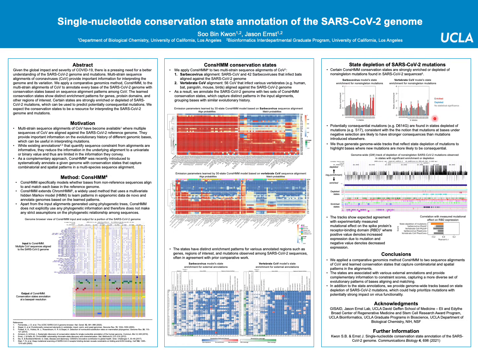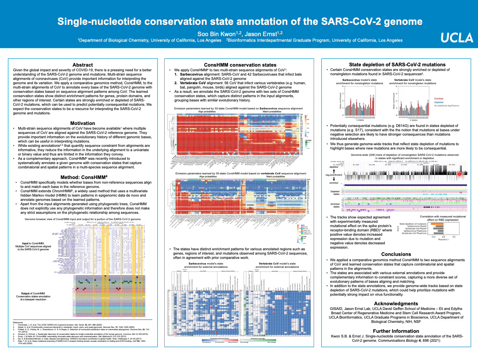We also observe that certain states are strongly enriched or depleted of mutations observed in SARS-CoV-2 sequences collected worldwide. Certain mutations previously highlighted as potentially consequential are found in states depleted of mutations in general, such as state S17 from the sarbecovirus model. This is consistent with the idea that bases under negative selection are likely to have strong consequence when mutated. To take advantage of this information, we generated genome-wide tracks based on statistically significant depletion of mutations